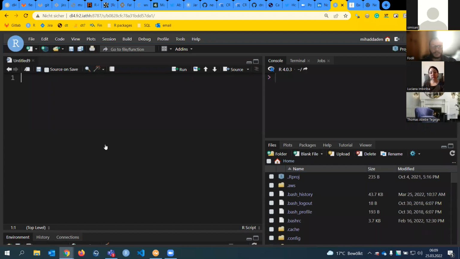So what is Shiny? Shiny is an R package, but it's more than that, because it's not like a normal R package which you can install and use. It's really a framework, because it has many components in it. If you install the Shiny package and use it, you will have many JavaScript components included in Shiny, many CSS components, HTML features, etc. So it's really big.